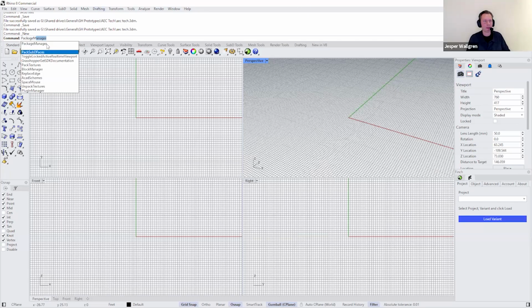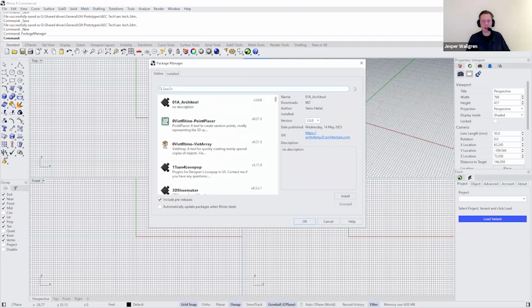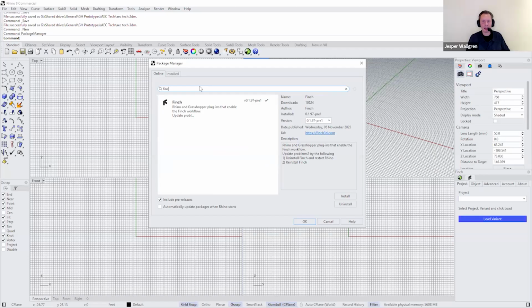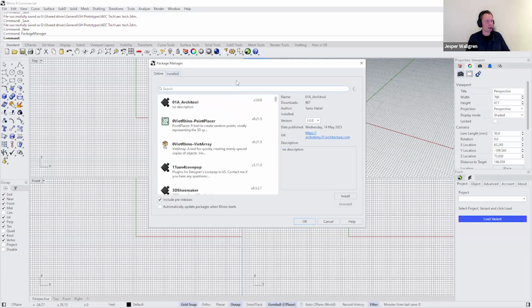So I simply type package manager. This one opens, and here I type Finch, and I'll type Weaverbird as well. These are the 2 plugins we're going to install. So install the latest version of both of them, and please tell me if you have any problems installing any